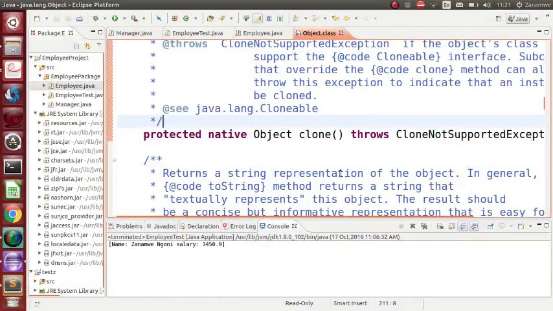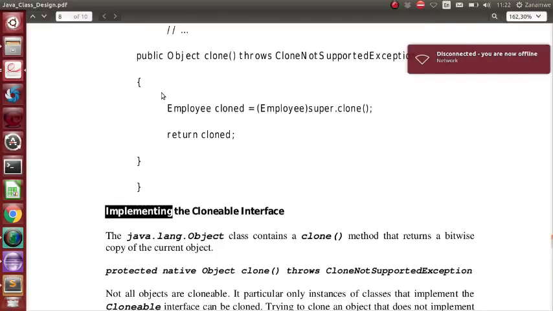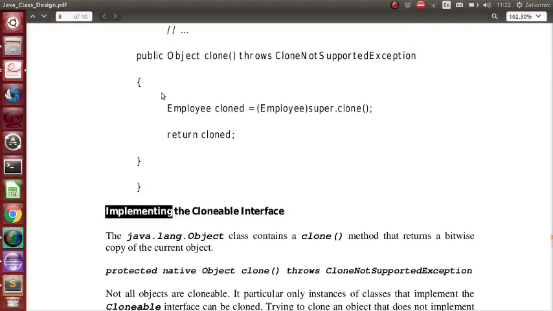Clone method. Let's go back to that handout on Java class design. It is just a method which you normally need in cases where you are dealing with classes with mutable